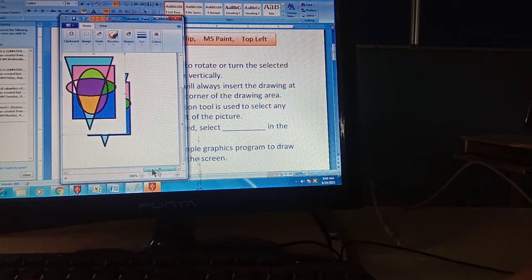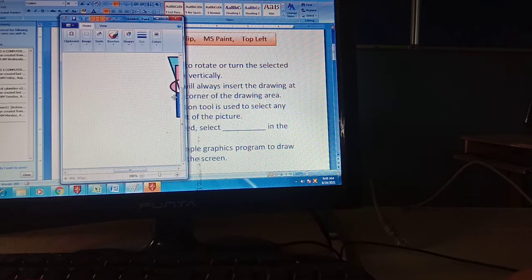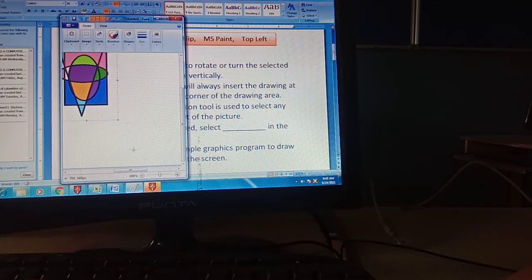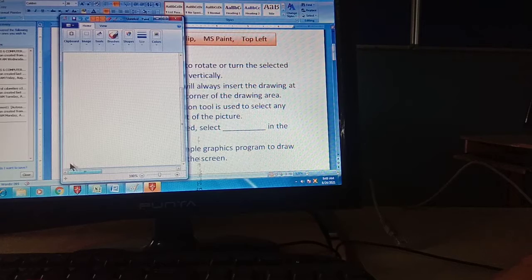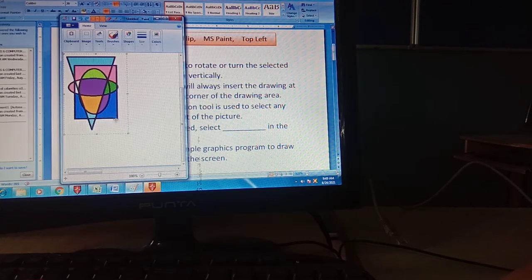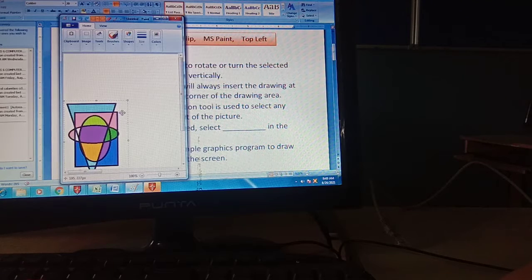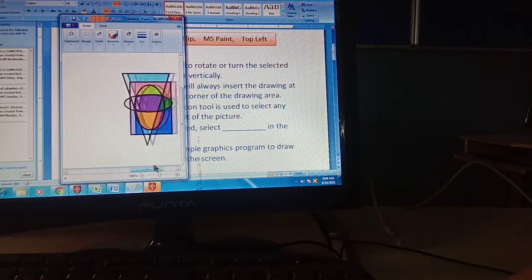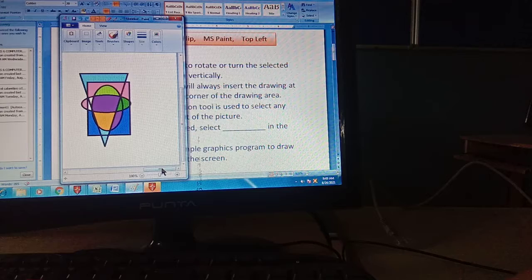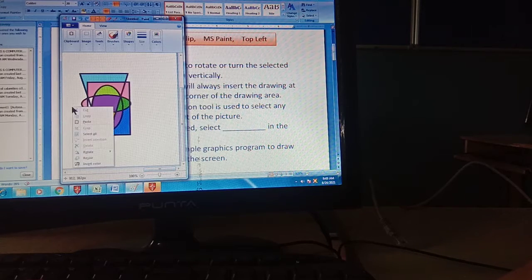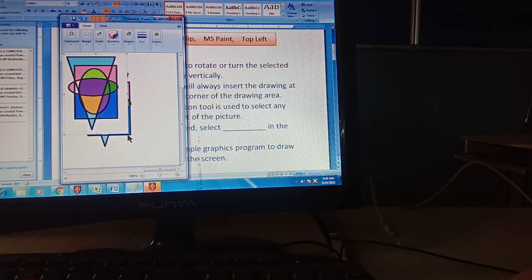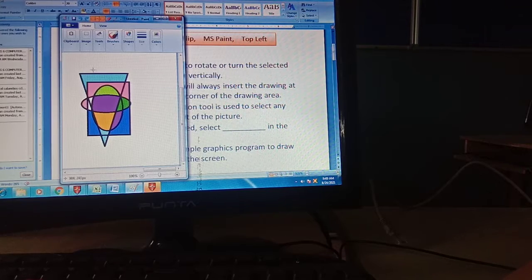If you see, it is pasted here. It will paste in the left corner. It will always paste in the left corner. Even if you have a drawing in the right corner, it will always paste in the left corner.